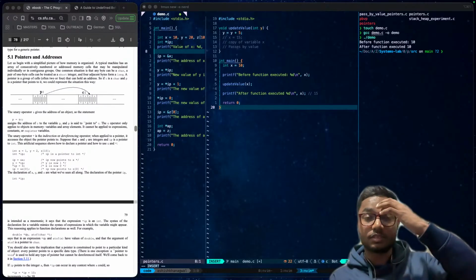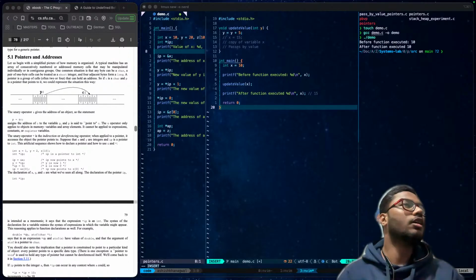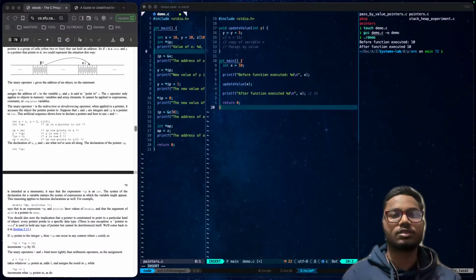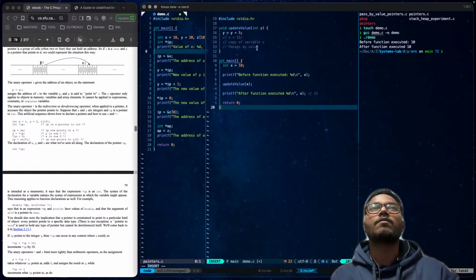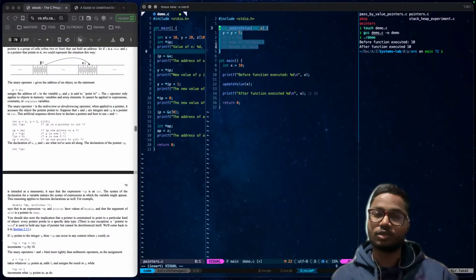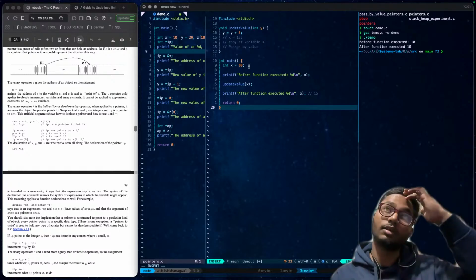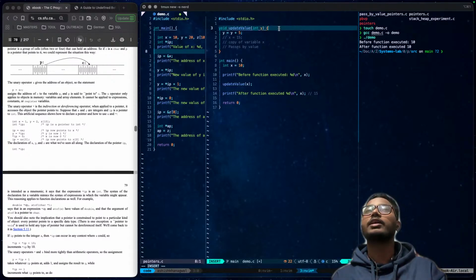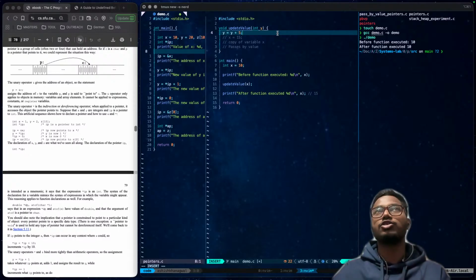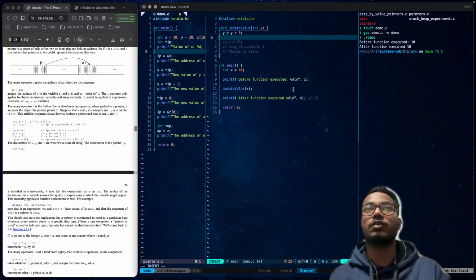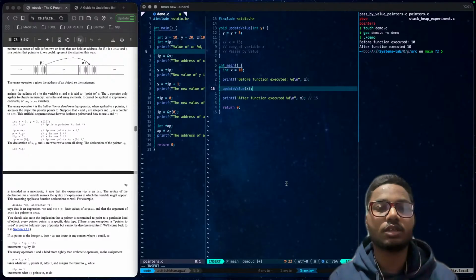Okay, so let's come back to the topic we were discussing. We were discussing passing by reference. I was saying that this function will receive the address of the variable, not just a copy of the variable, right? It won't get just 10. It will not receive just the value 10 as it did earlier when we passed by value. Now it will receive the address of the variable x.